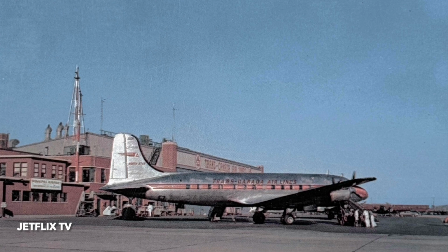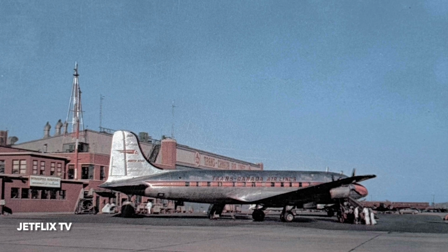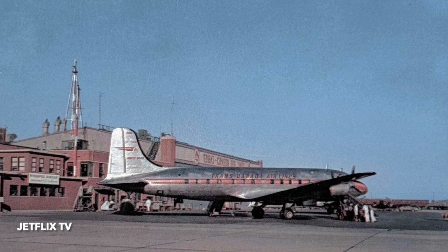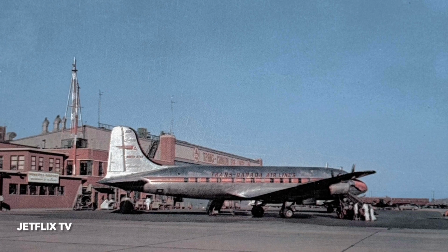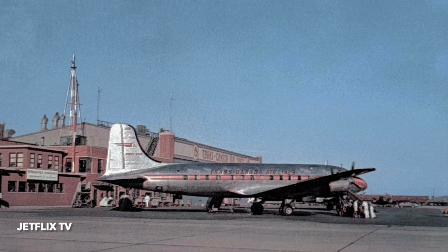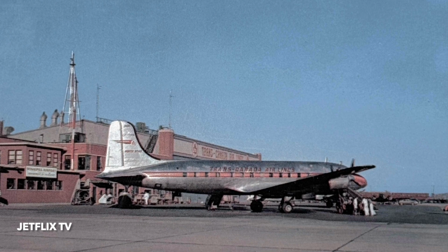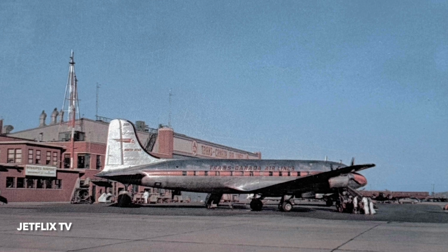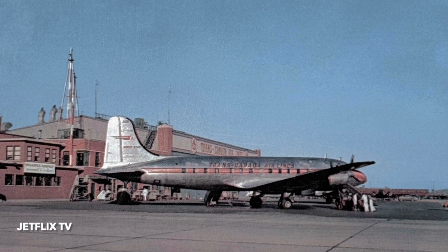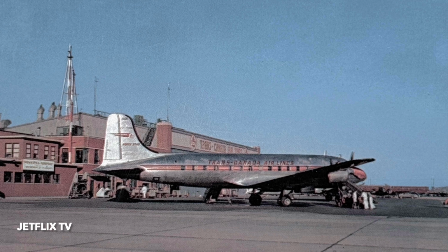So yeah, we have a TCA North Star in the bare metal scheme on the Winnipeg ramp. You can see the little Winnipeg Airport terminal building with the Winnipeg Airport sign on the left-hand side. This is a very famous waiting area. And of course, there's the TransCanada Airlines hangar and maintenance facility, which dates back to basically shortly after World War II, or it might have even dated back into the World War II years as well. So a fabulous image taken at the wonderful Stevenson Field, Winnipeg, Manitoba, circa